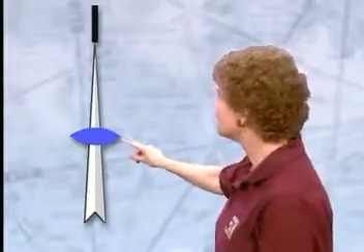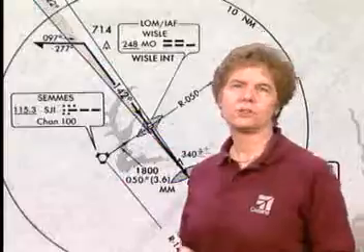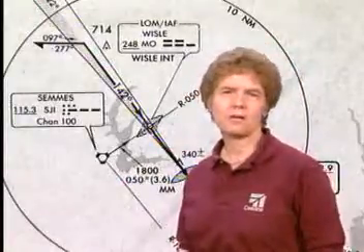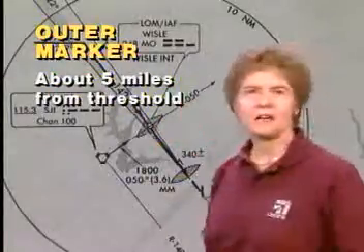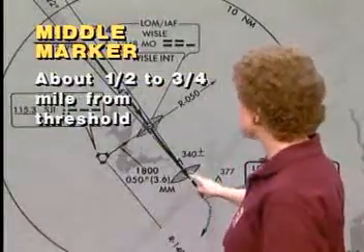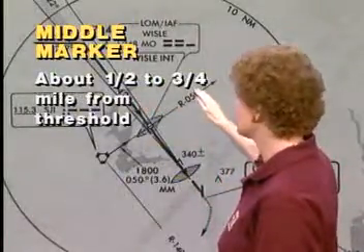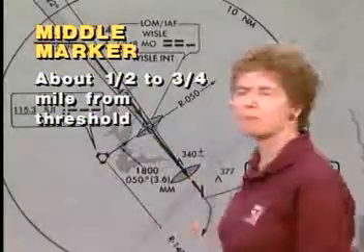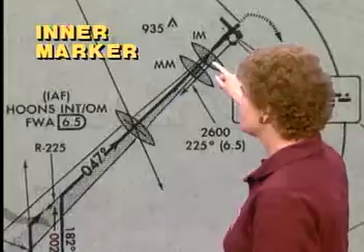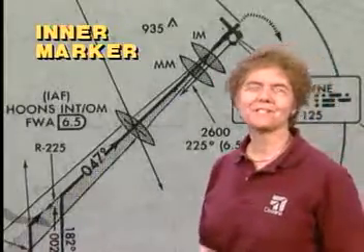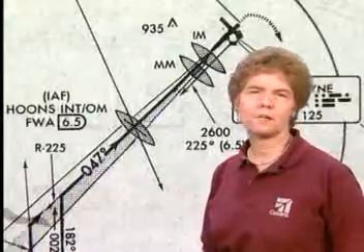Now, this energy pattern is very specific, and the boundaries form a sort of lens shape in the plan view. The classic distribution of the marker beacons places one marker beacon, called the outer marker, about 5 miles from the runway threshold, and another marker beacon, the middle marker, at about 1/2 to sometimes 3/4 of a mile from the runway threshold. At airline airports, like Fort Wayne, Indiana, you'll sometimes find a third inner marker right at the threshold of the runway. It's used by the folks in the really big iron to get really low minimums on the